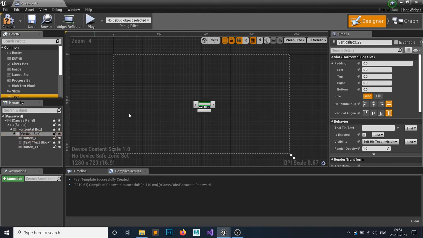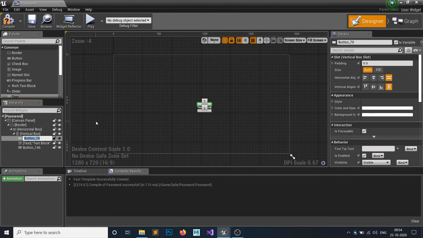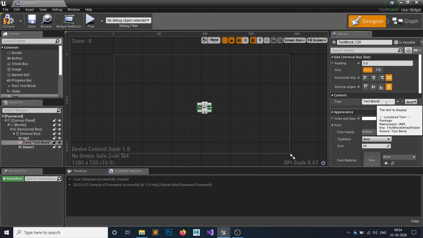I'm going to attach it between these two. Let's say the button would be up 1 and this should be downward, so down 1, and the text should be 0 by default.